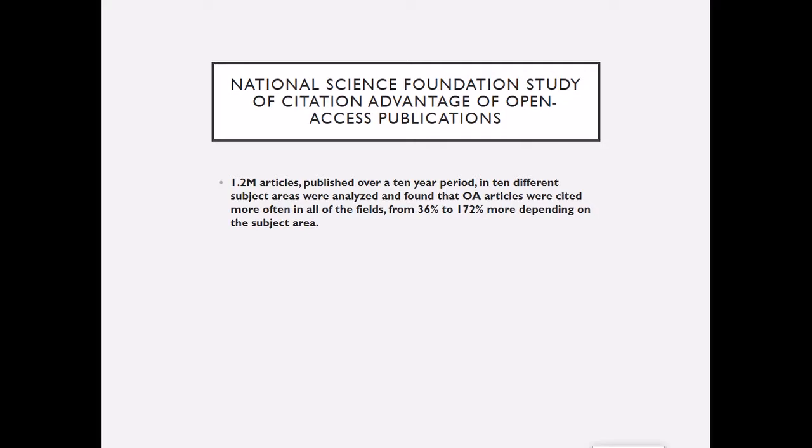The second kind of major study, this is now 10 years old, but NSF commissioned a study where they looked at 1.2 million articles in 10 different areas over a 10-year period, just to look at how much more they were getting cited than just the non-open access articles. And they saw, depending on the field, between 36% to 172% more. Now, I even wonder if that's increased a lot since over the last 10 years,